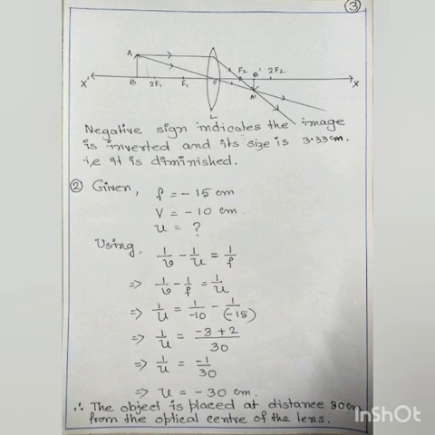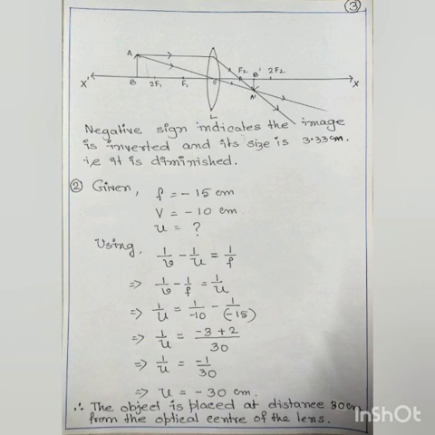And see, for concave lens, for any position of the object, image is always formed on the same side as that of the object. So v will be always negative. So v is minus 10 centimeter. And we have to derive the object distance, that is using lens formula 1/v - 1/u = 1/f. We can calculate the value of u and substitute all values.